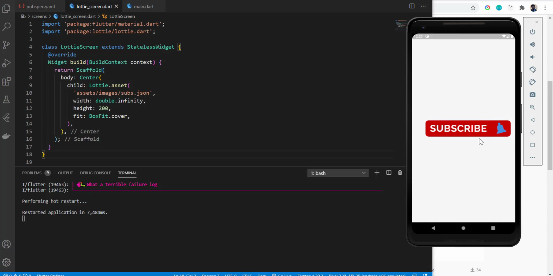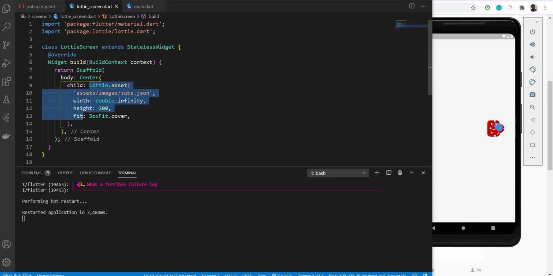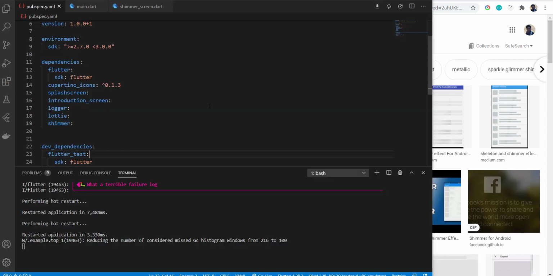Here you can see the beautiful animation that I have added from the Lottie files, and it looks really cool. I just have to download this JSON file and write this much code, and this would do the job for me. And pre-built animations are now part of my app, because animations are the bread and butter of any modern application these days. The next package that we have is Shimmer.